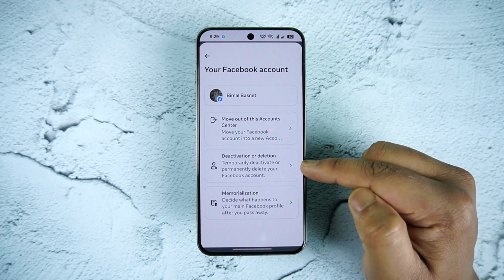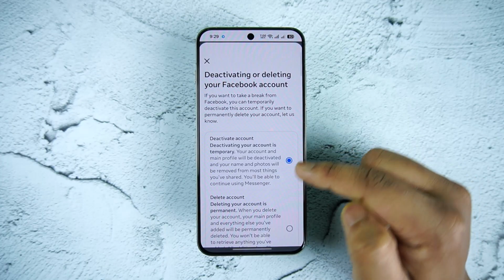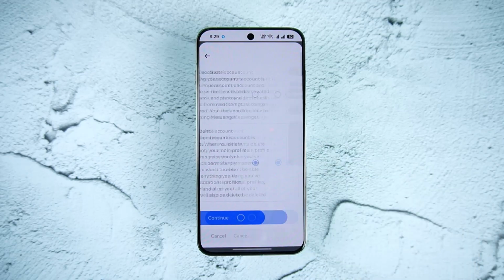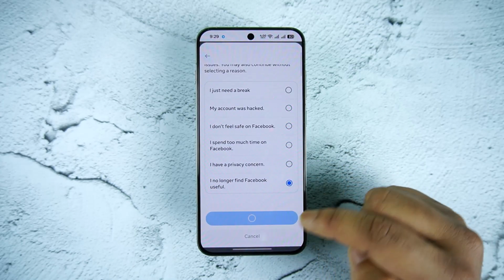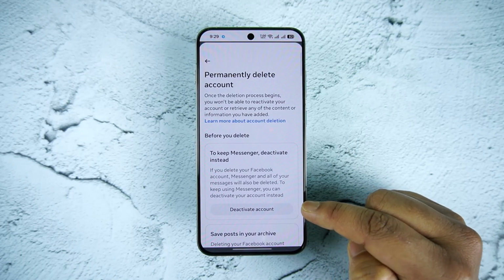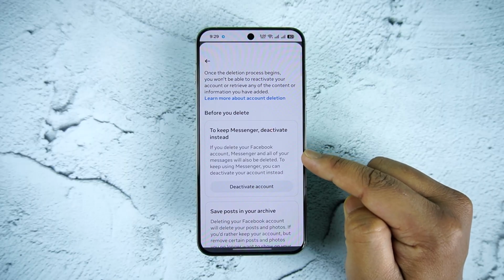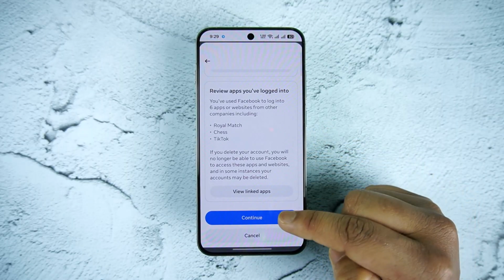Select the option called Deactivation or Deletion, and when you do that, on the next tab, select the option called Delete Account and scroll down and tap on Continue. When you've done that, select any of the reasons and tap the Continue button. Just keep tapping on the Continue option over here, and it will give you various options, like you can choose to keep Messenger and only deactivate your Facebook, but we don't want to listen to all this, so finally tap